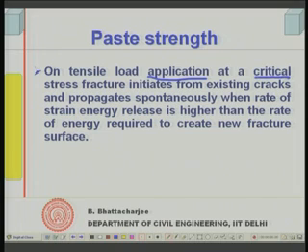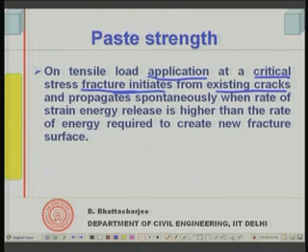when fractures are actually progressing in the paste, we are creating new surfaces. Every surface is associated with surface energy. So, to create a new surface you need energy. When the energy required is less than or equal to the energy given through strain energy, the crack would propagate spontaneously. That is the theory postulated by Griffith, and based on this one can get some idea. You see, when tensile load is applied, at some critical stress a fracture initiates from existing cracks.